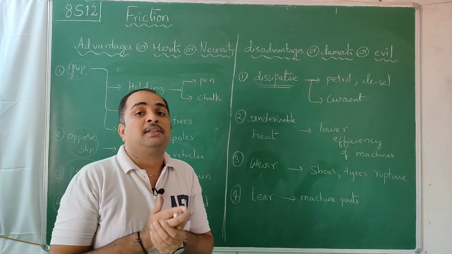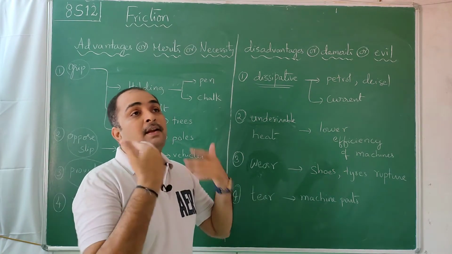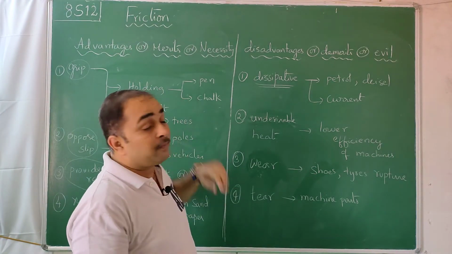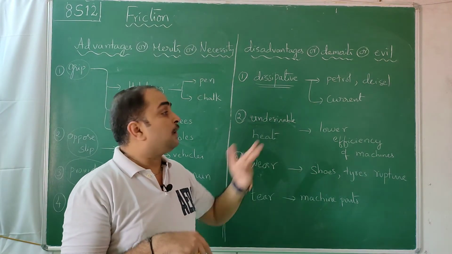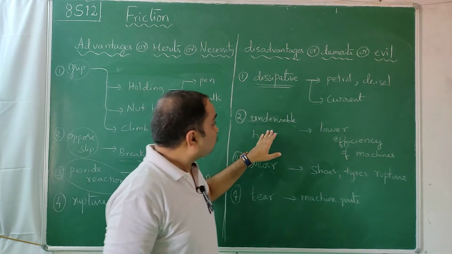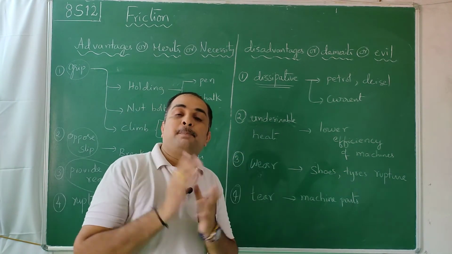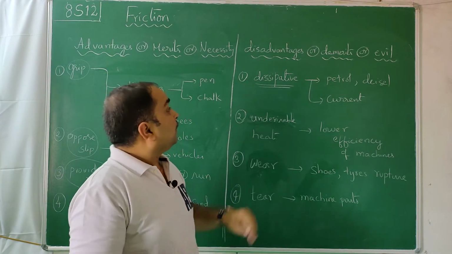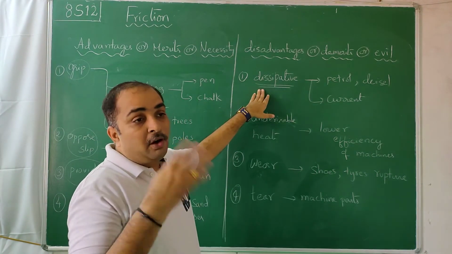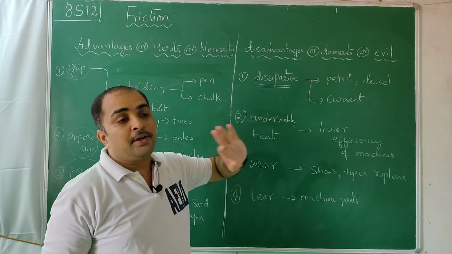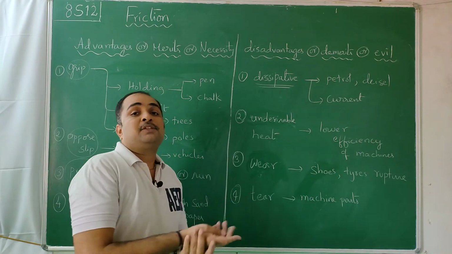If friction was not there in this world, once you start a vehicle, it moves forever. But actually it will not even stop, because stopping is also done by friction. So in one way it is useful, in one way it is not. Once a fan is started, it will never stop if friction is absent. To stop it again, we need friction. But mostly, all the fuels we are using, petrol, coal, diesel, current, are only to overcome friction, nothing else.